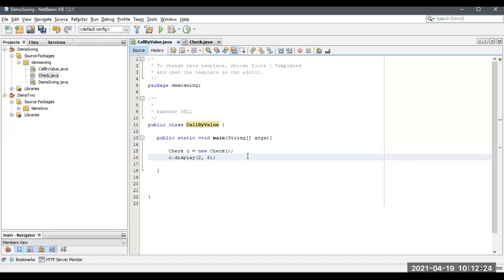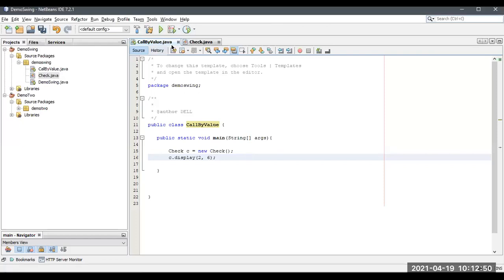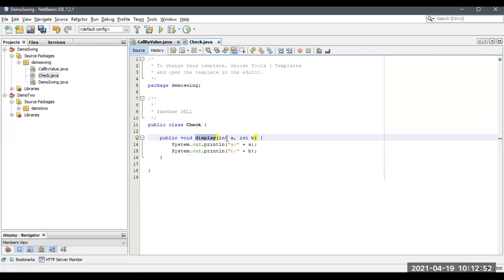So I will take another example. The main use of a call by value: why are we using a call by value? Let me tell you. Suppose I want to pass 100 or 200 to this method, and I want to increment that number.